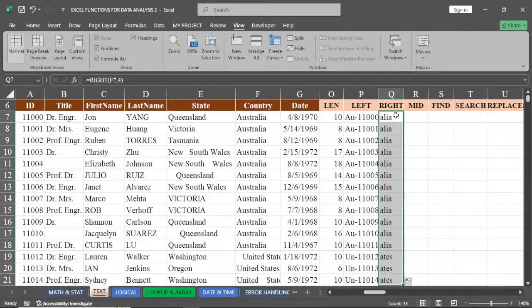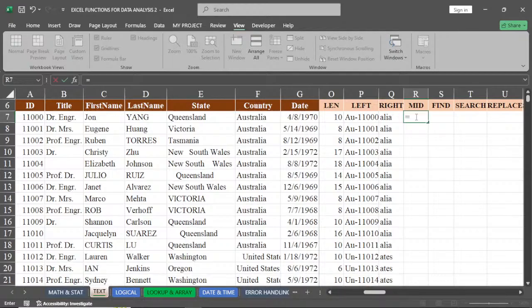So that's the right. The mid is a bit different from left and right. It returns the middle value based on what you selected, your choice. So how do we do that? We can say equals mid. Then where do we start? Let's say in Australia we want to get only